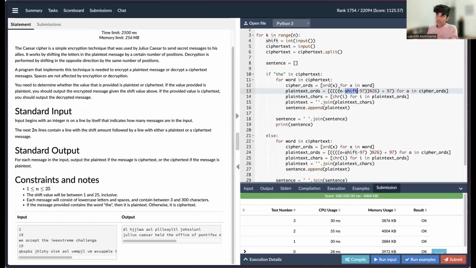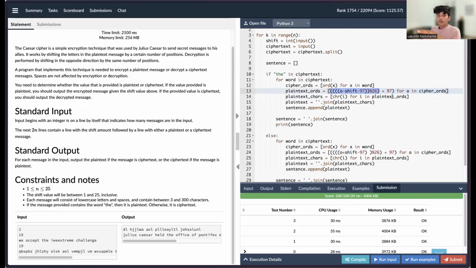So in the Caesar cipher, if you shift y by 2 to the right, then y becomes z, then after that z becomes a. So it's like circular. To implement the circular behavior, we need to mod this by 26. So we are going to divide this by 26 and get the remainder. If you think about it, it implements this circular behavior. Then after all this, we'll have an encrypted index between 0 and 26.